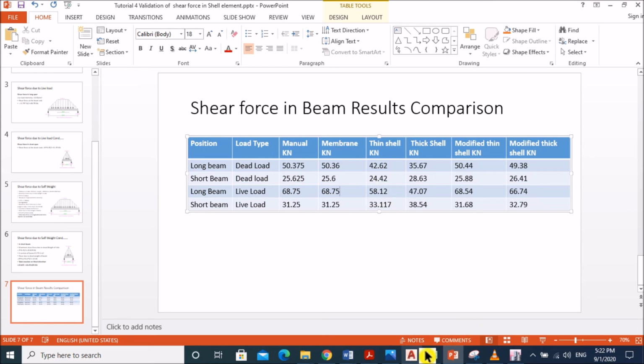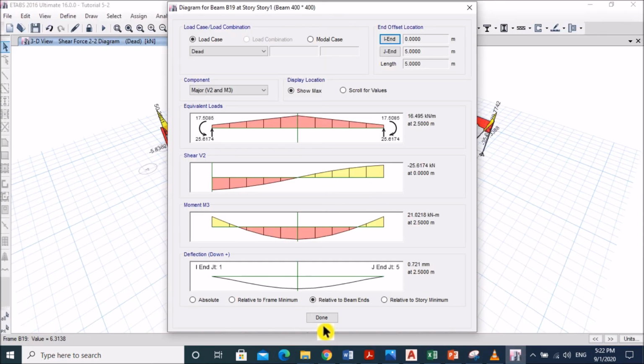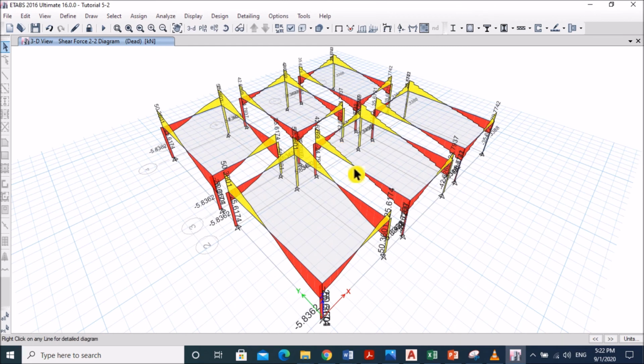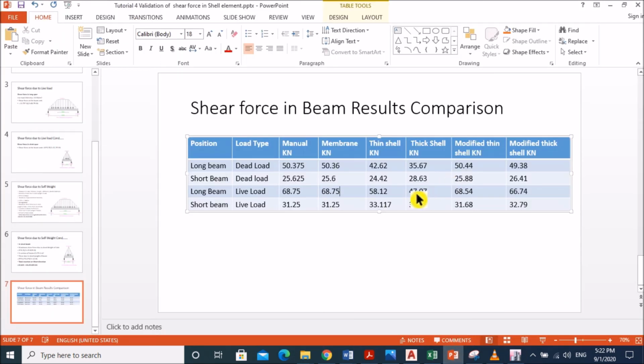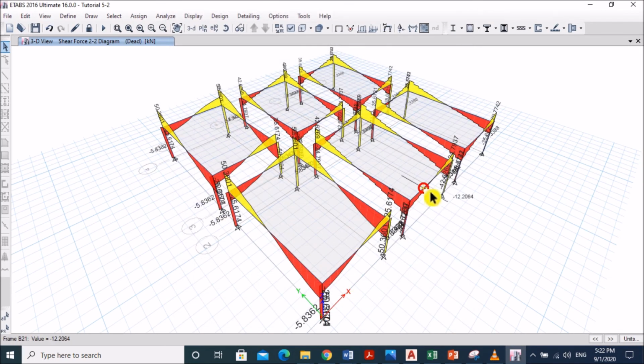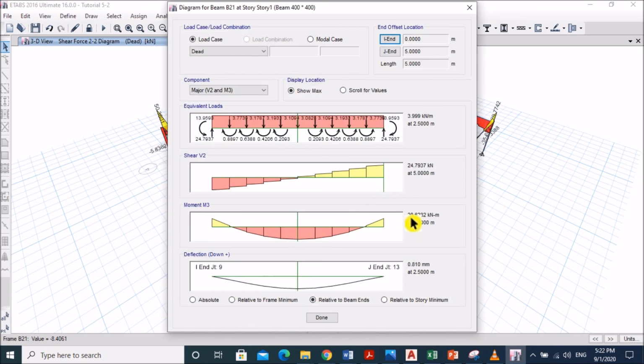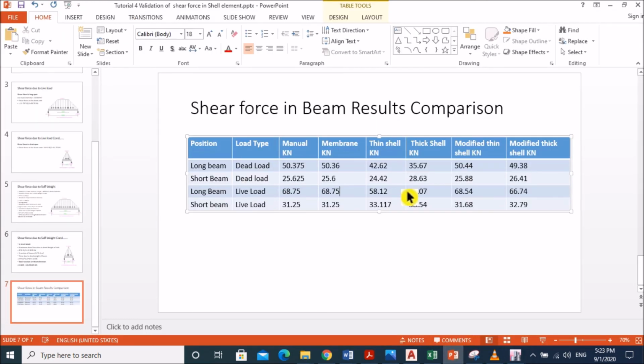Then for thin cell, long direction, it is 42.62. For short direction, 24.79.